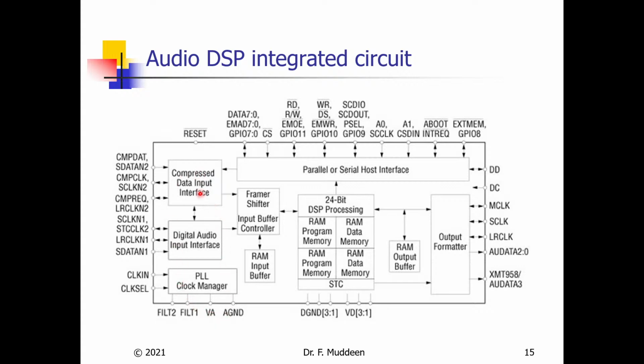So these interfaces here will be responsible for doing the digital to analog control. And the frame shifter and the RAM input here is just going to be memory storage and small signal processing manipulation to shift the signal as required. Then the DSP processing here is going to be handling the bulk of the processing that is required to be done on the signal. Once we finish with all the processing inside here, we will have a RAM output buffer to output it in chunks of data if it's going to be output in real time, and then we just format the data here at this point,